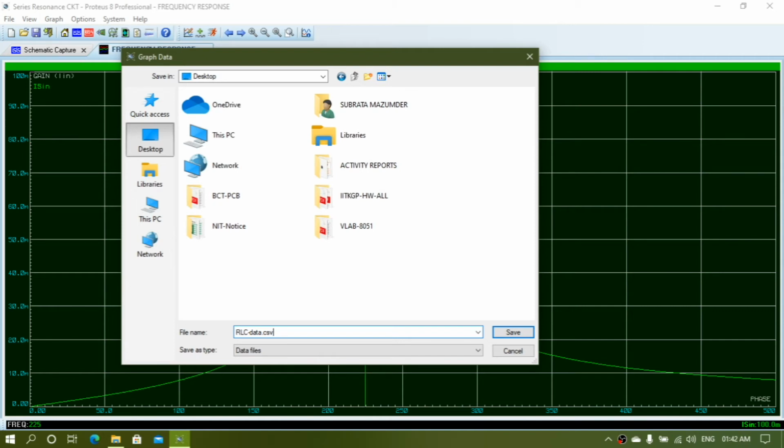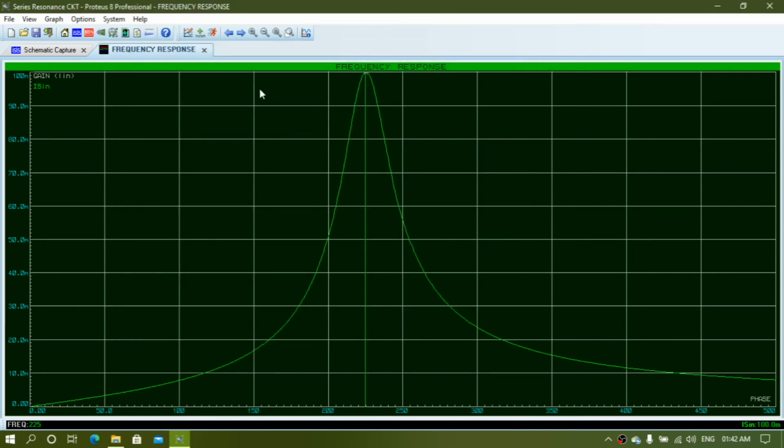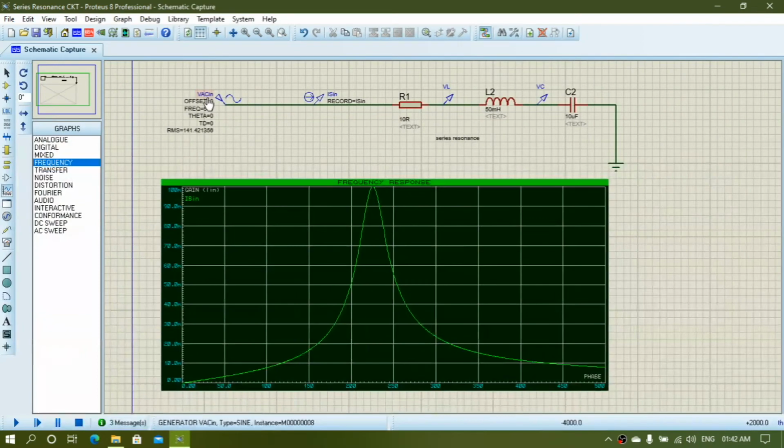So you will have to mention the extension name, which is CSV, so that Excel can find the file properties easily and save it. Okay, now up to here your Proteus tasks will be finished.